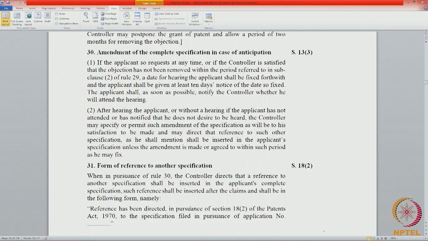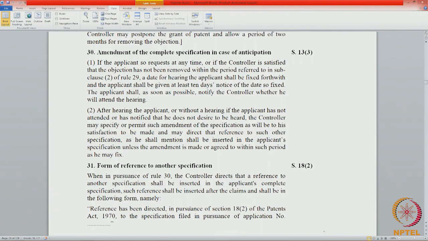Rule 32 states that after hearing the applicant, or without a hearing if the applicant has not attended or has notified that he does not desire to be heard, the controller may specify or permit the amendment of the specification as will be to his satisfaction, and may direct that a reference to such other specification as he shall mention be inserted in the applicant's specification, unless the amendment is made or agreed to within such period as he may fix.